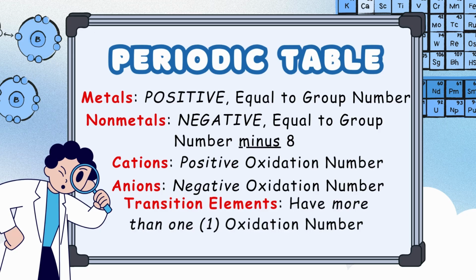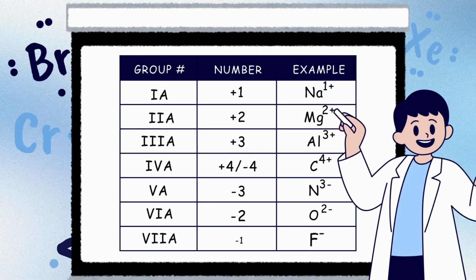Now, cations have a positive oxidation number since they are positive ions, while anions are the negative ions which have negative oxidation numbers. The transition elements are the elements that have more than one oxidation number. Keep in mind that H+ is not a transition element. So we have a table for a clearer view on how to determine the oxidation number from the group number